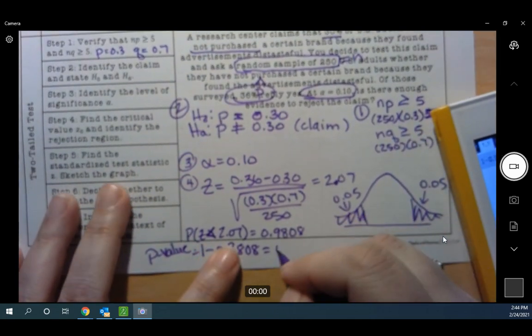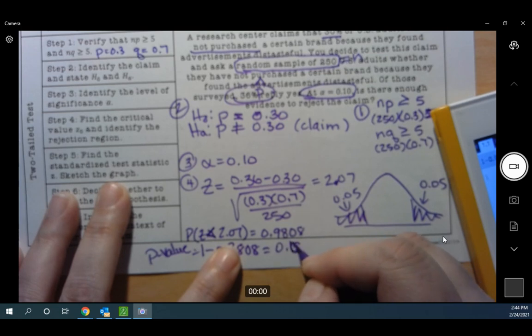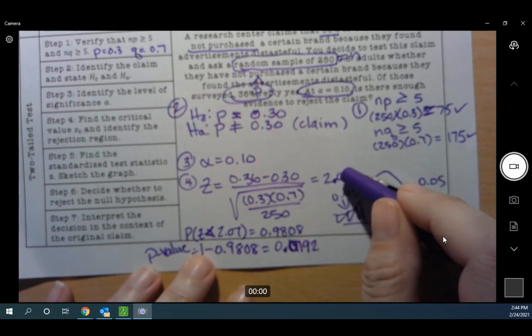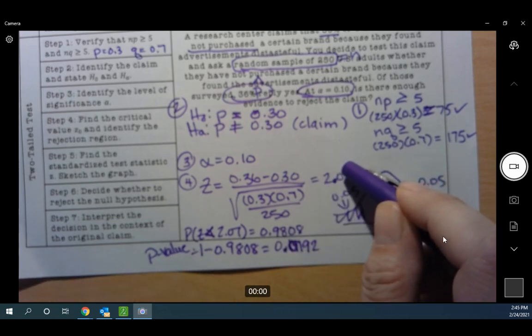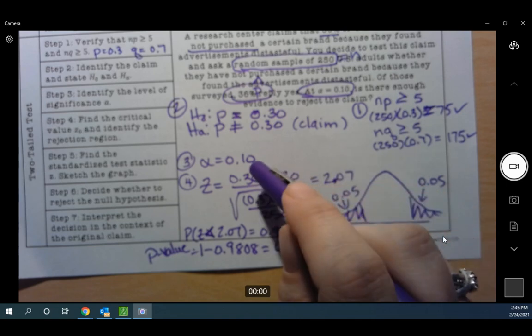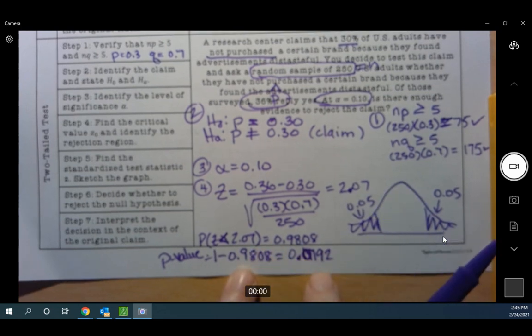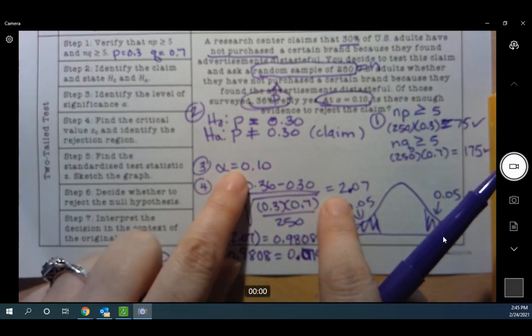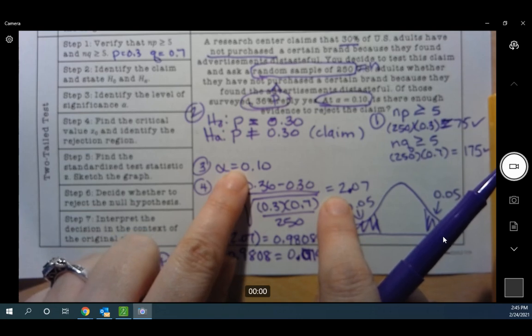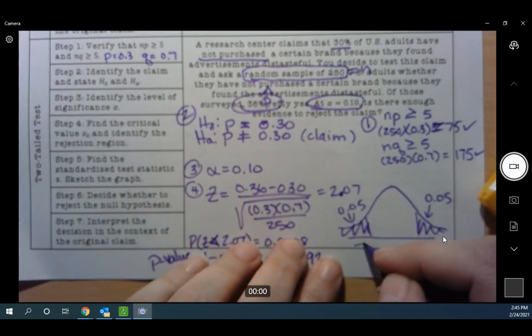Point 0.0192. And then we would compare that number to the 0.05. This is one reason I also like using the Z critical and looking up the alpha, because if this part confuses you or you can't remember how to find the p-value, if you at least look up the alpha using your technology or your chart, then you can say, okay, well, these numbers here are